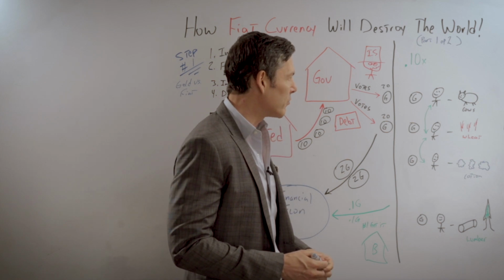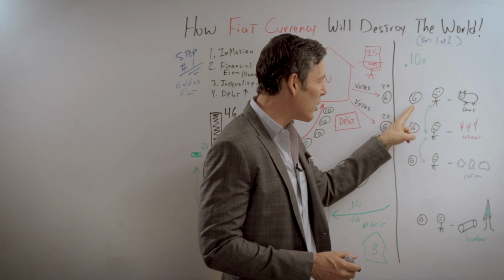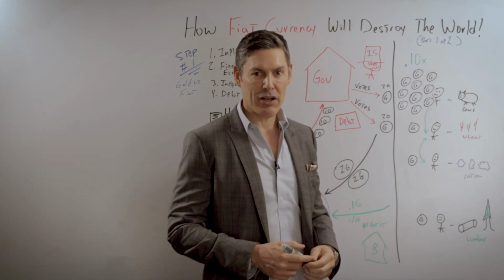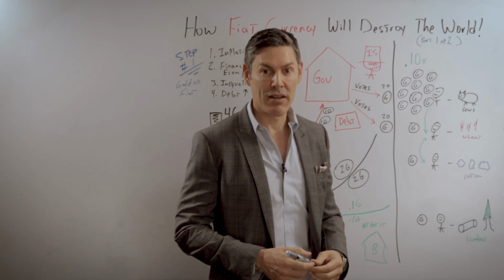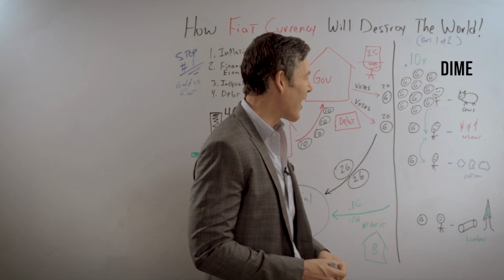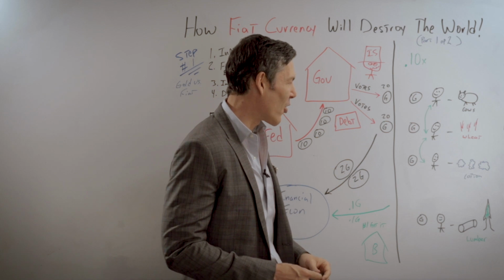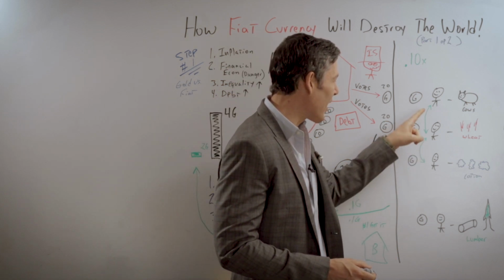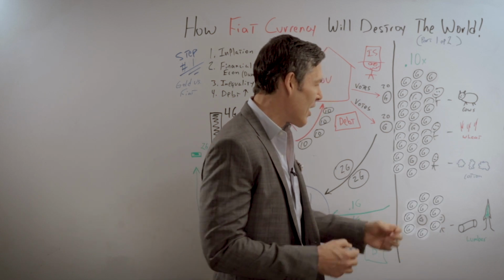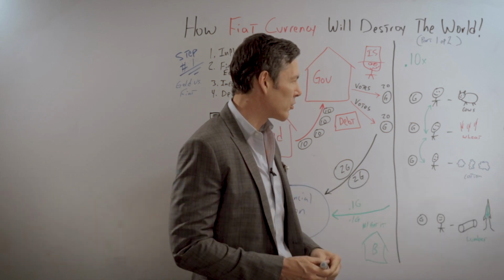So what they do to come up with a solution is they just divide their one gold coin by 10. So they subdivide that gold coin. Let's say they subdivide it into something called a dime. So each one of them has 10 dimes. 10 dimes equal 1 gold coin. Well, this works fine because now this guy has 10 dimes, this guy has 10 dimes, that guy has 10 dimes, this guy has 10 dimes. And they just trade those dimes back and forth instead of this 1 gold coin.